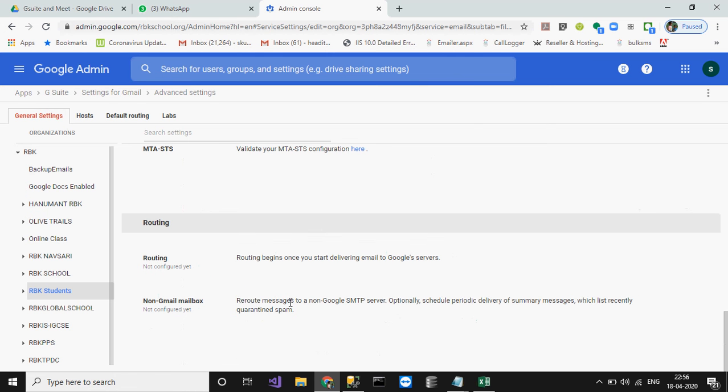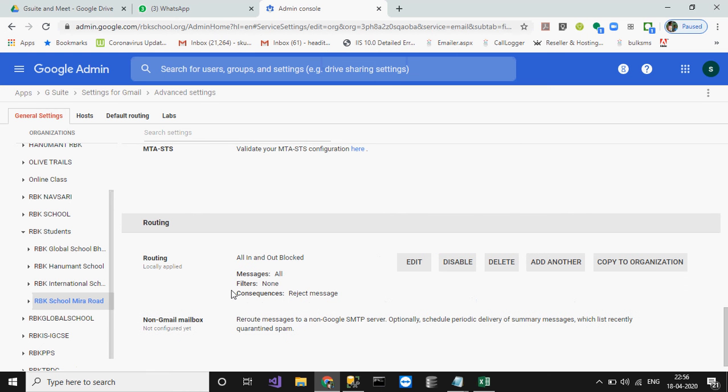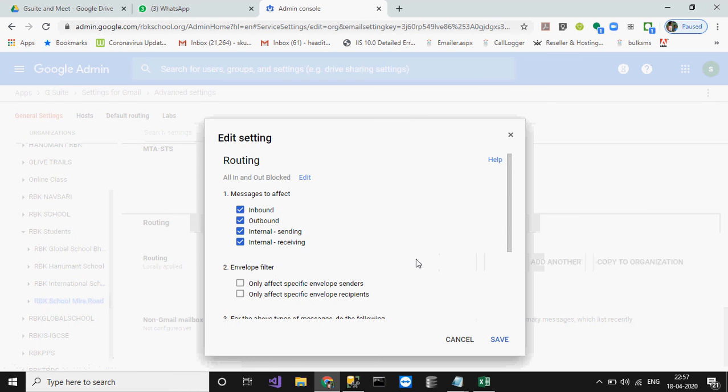Now routing. I'm explaining here that students should not send any email outside the domain or to any other email IDs. They can't receive and they can't send; they can communicate only within the OU. I configured it here. If I edit here, messages to affect: inbound, outbound, internal sending and internal receiving.